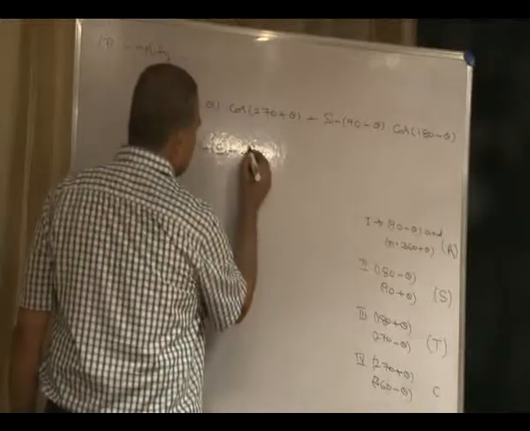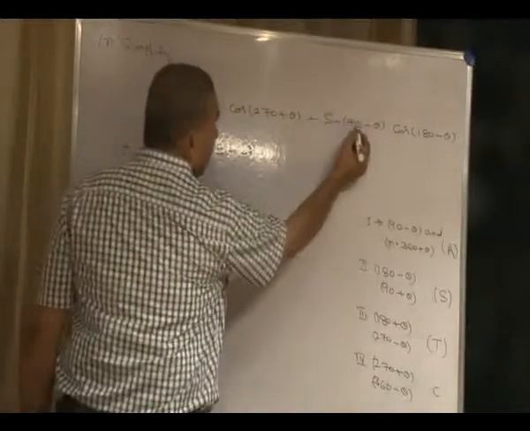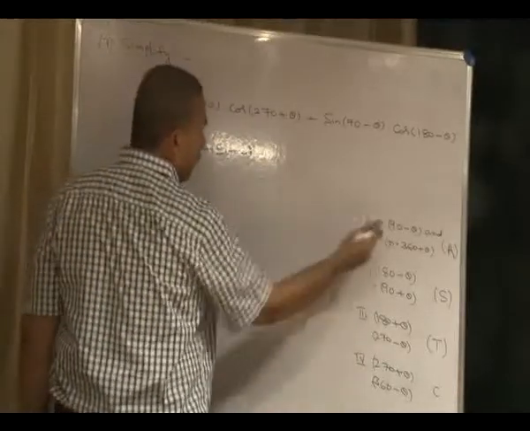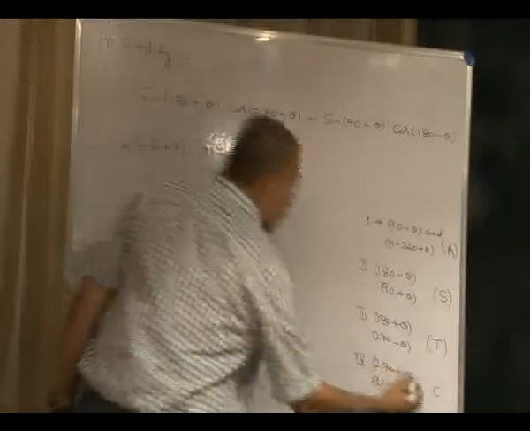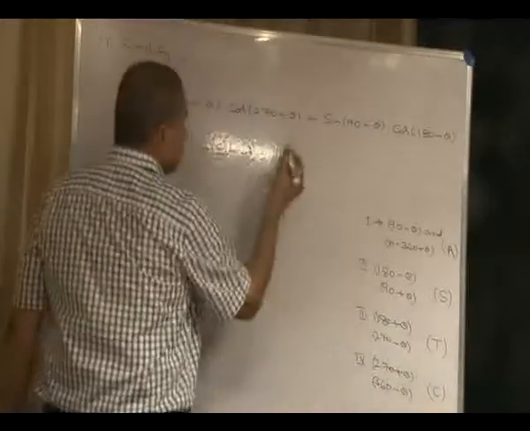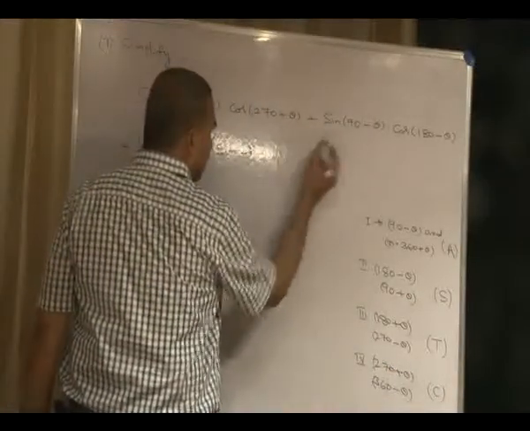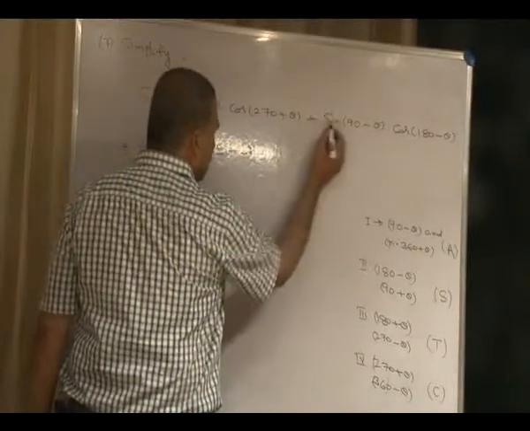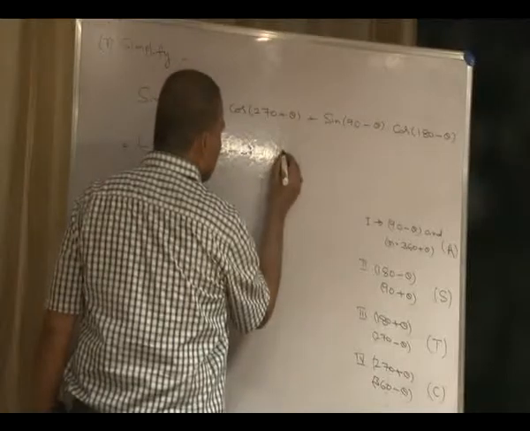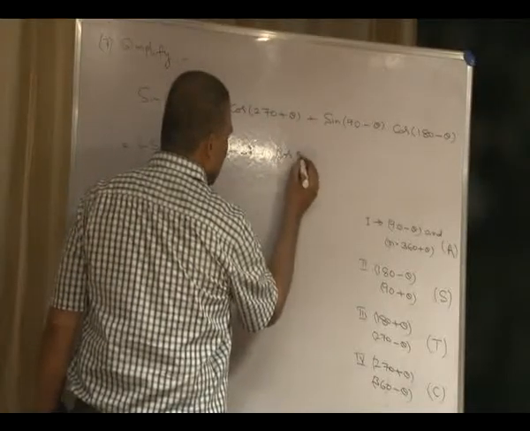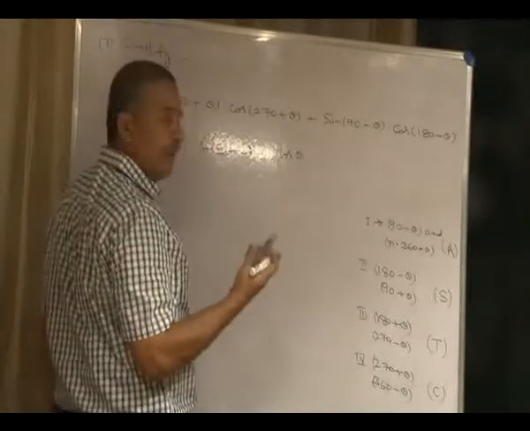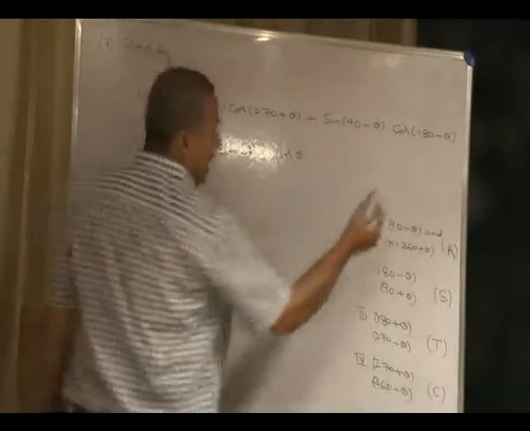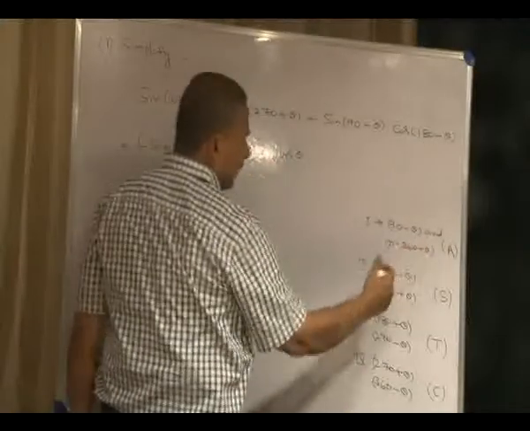plus, 90 minus theta comes under the first quadrant. In the first quadrant all the trigonometric functions are positive. In the ratio 90 minus theta there is a change of function. The sin function changes to cos, that is plus cos theta. Sin of 90 minus theta is plus cos theta, into the angle 180 minus theta, which comes under the second quadrant.